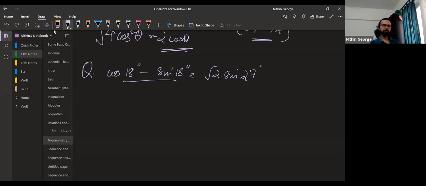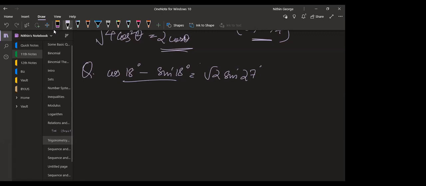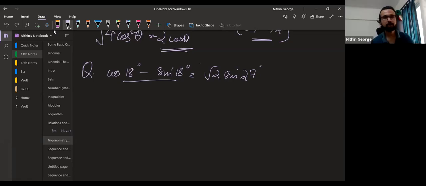Yes, come on. What are you getting? Can anyone suggest an approach? It might be wrong, it might be right, it doesn't really matter. I just want you to think for yourself. So can anybody suggest an approach? Squaring on both sides. Squaring, huh? Yes, sir. You get 1 minus sine 36, no, not sine 54, sorry, sine 36, equal to 2 sine square. 1 minus sine 36 is cos 54.